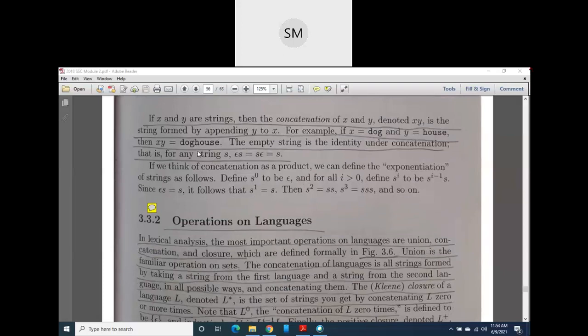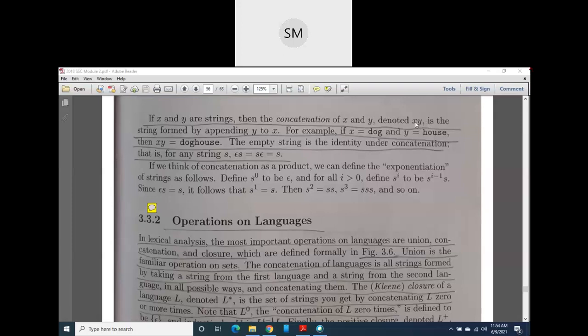Then let us go to one important, interesting example on one operation called concatenation. Concatenation is nothing but joining something to something, right? So here x is one string and y is also one string. Two strings are there, x and y. Then what is the concatenation of these two strings, and how do we denote it? xy is a concatenation of x with y. Don't get confused. It is not x plus y. It is just xy. It means that y is coming and joining x here.